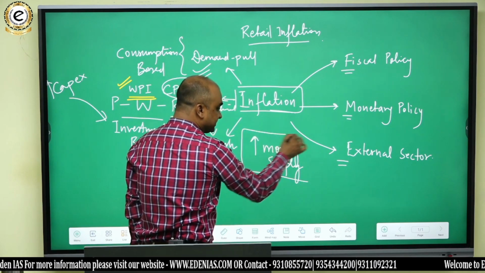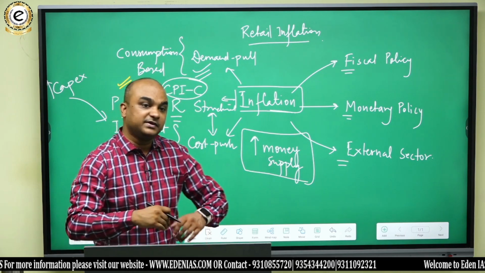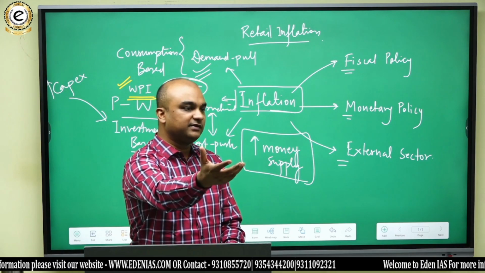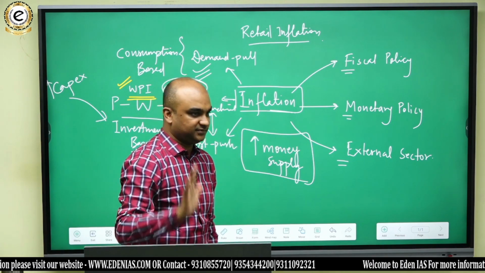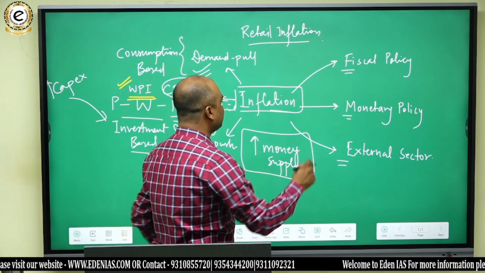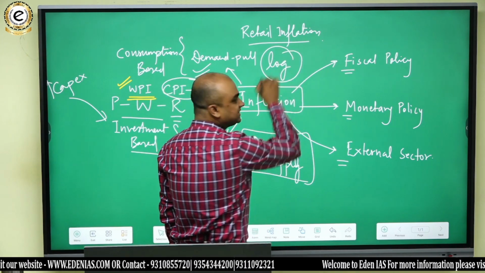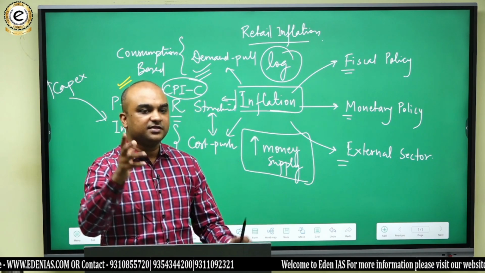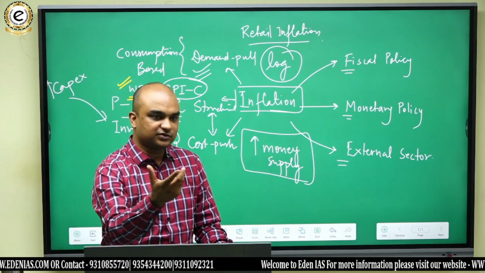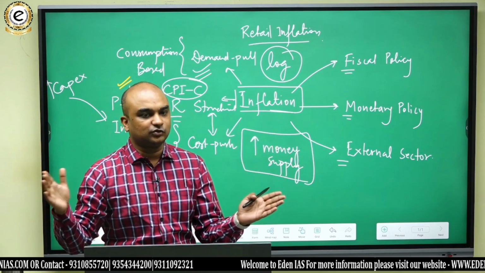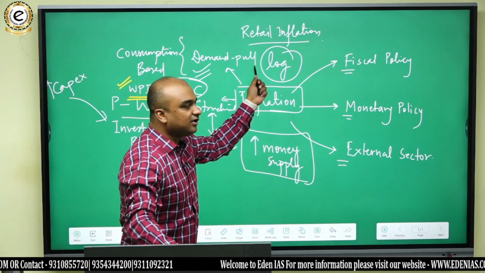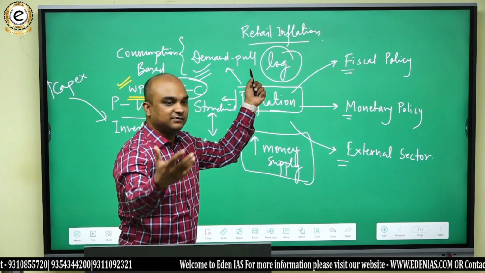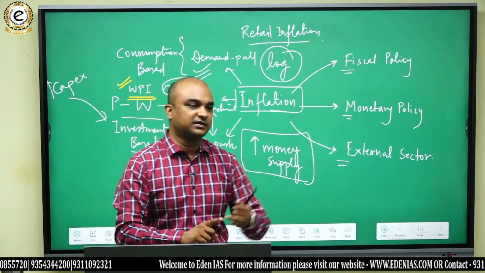Now, it is not necessary that inflation will be caused only when there is an increase in the money supply. Money supply can remain constant, and yet there could be inflation if there are supply side problems. Do you understand that? Suppose the logistical network, the trade and transport network, has collapsed for some reason. Think about the COVID-19 pandemic, which almost caused the entire sector to come to a standstill. So if there are logistical reasons, then even if the money remains constant in the system, there would be inflation. Why? Because the supply of goods and services will dwindle.